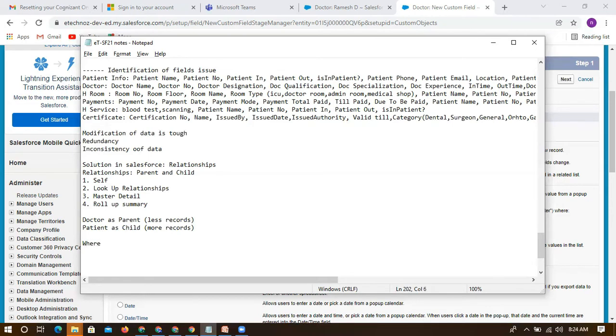So we got the problem, and we got how to handle it. Now where do we need to do this, and from where do we have to start? If you want to relate any object, I have to go to the child first. From the child only we have to create this relationship. Only the child.